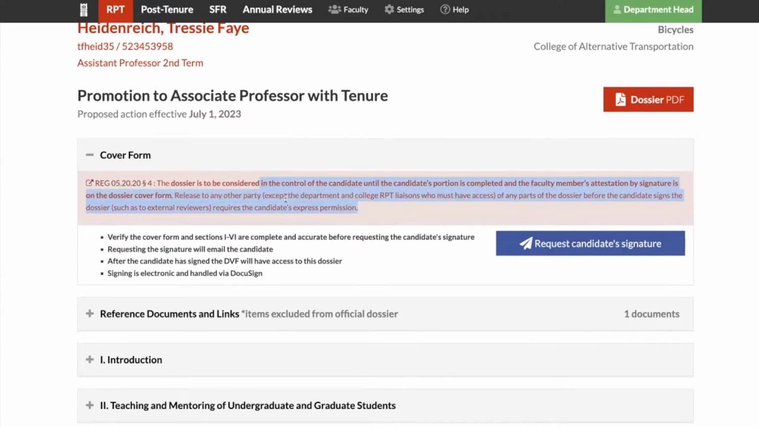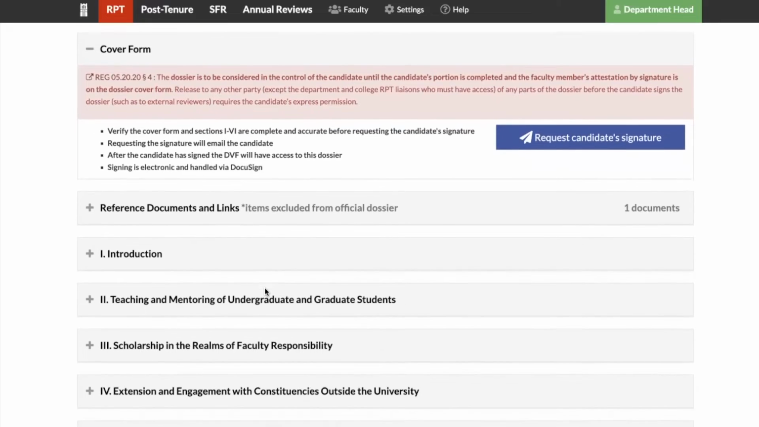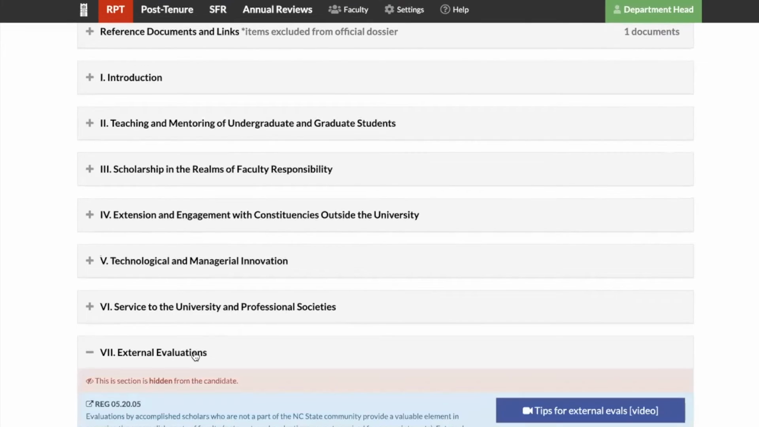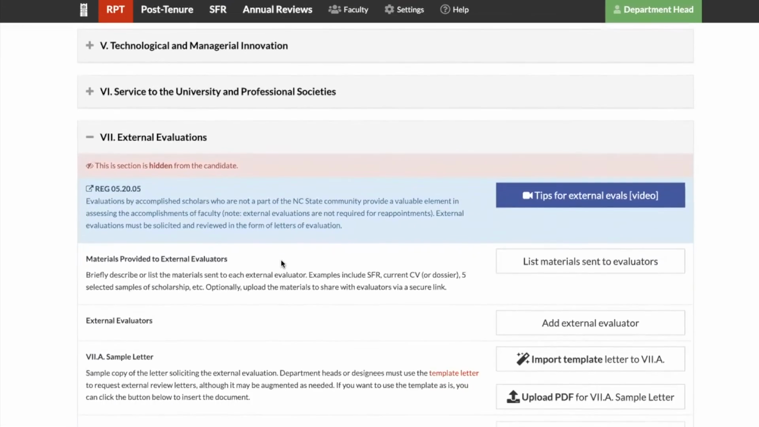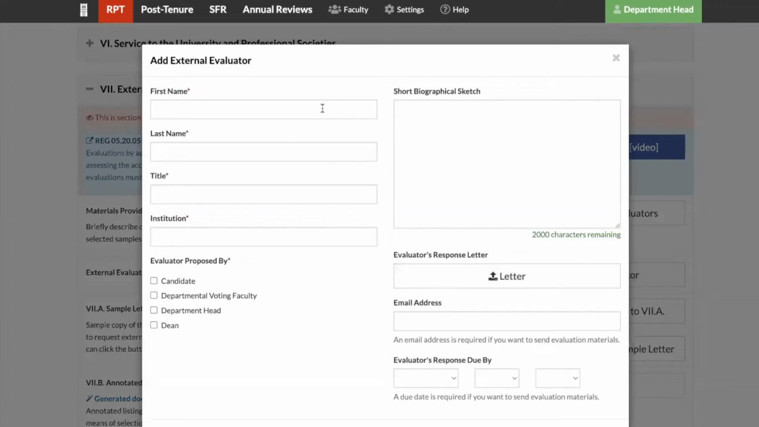But that's just part of the reg and something that you should know if you are sharing documents with external evaluators from the system. So are you sending these materials online, or are you sending them in the post? If you're sending them in the post, you'll still need to enter in the evaluators in this section 7 down here. And to do that, you will click Add External Evaluator and fill out their information in this box here for all of the required